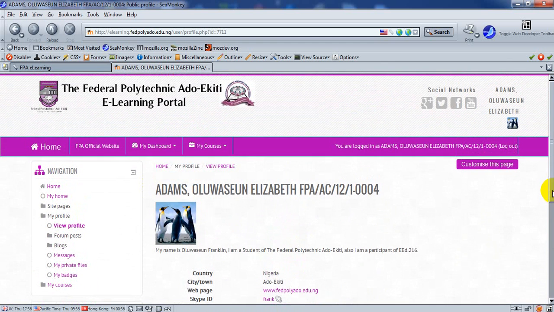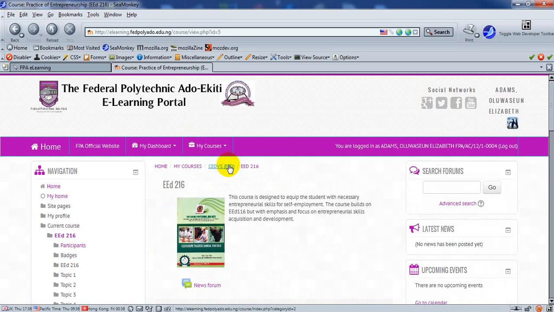Now, the next thing is to go to the course proper. Under my course menu, click on it, and a sub-menu will drop down showing you the courses or the course that you have been signed up for by your course facilitator. Now click on Practice of Entrepreneurship, EED 216. Now once it opens up,